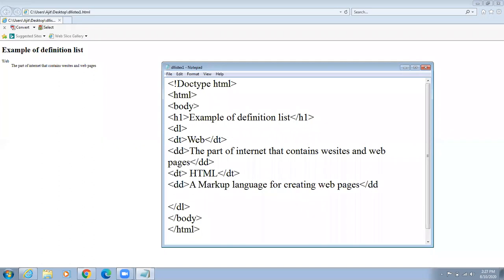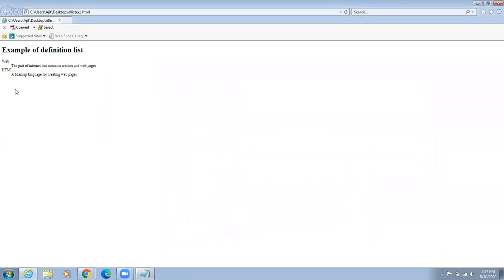Close definition data, close definition list. It's already closed. Again save your file, refresh your page, it displays like this. So all the terms, and after that the term's definition, are displayed in the next line. Again the term and definition are displayed in the next line. Okay, so like that you can design the definition list.